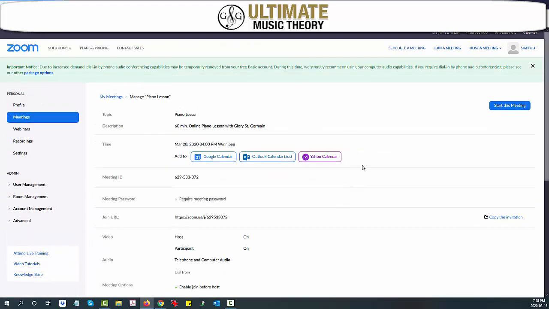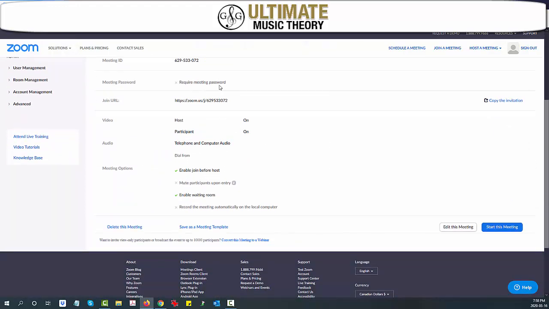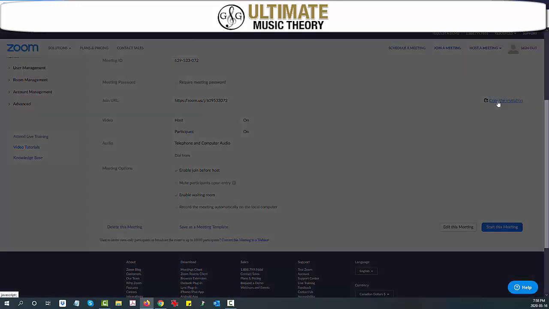So now I have a couple of options. I can add it to my Google Calendar or my Outlook Calendar or my Yahoo Calendar. I use Google Calendar, so I would go ahead and add that to my Google Calendar. Now, because we did not require a password, all I simply need to do now is just copy the invitation,